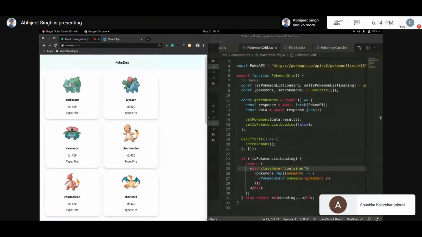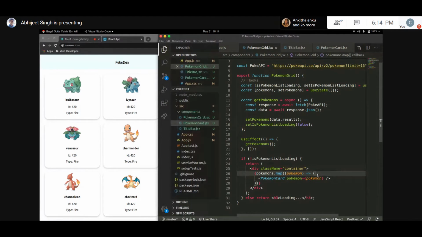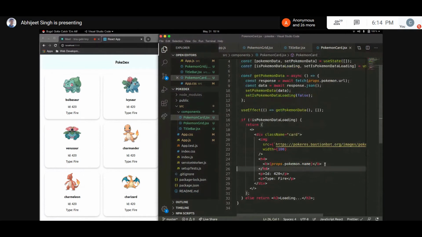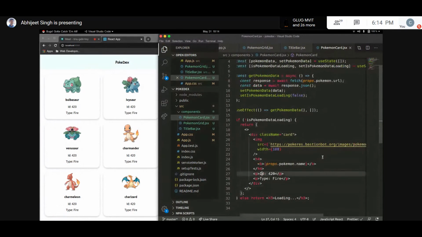Say for Charmander. Now Charmander's value had a name and a URL. So when that value got passed to the Pokemon card as a prop, it took the name value and rendered it here. It took the props and the Pokemon's name. It took that URL, and using that URL it made the fetch call, which got more details, which we'll be using later. And then using its ID, that was again in Pokemon data, we made the fetch call for its image. Now let's finish off these things also.